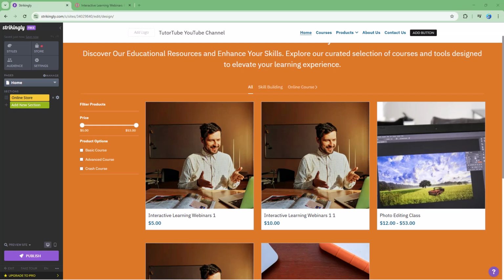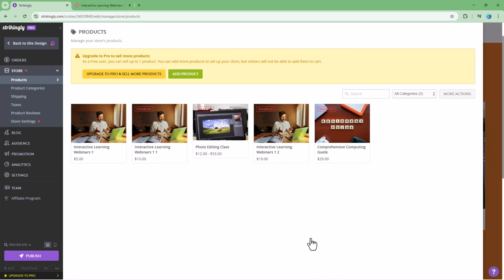So one of the things that you can do if you have a store in Strikingly is go ahead and create out coupons so that you can share it with customers to increase our sales and make it attractive. So to do that, you can simply click on Manage Product, and then around over here on the left hand